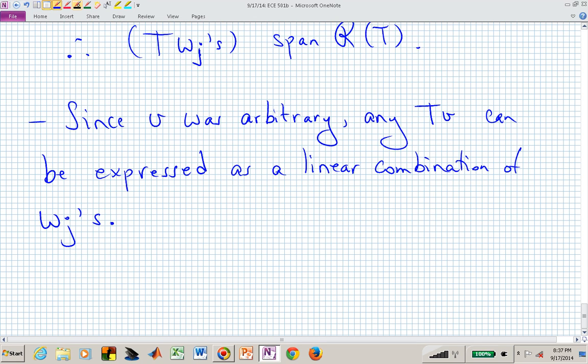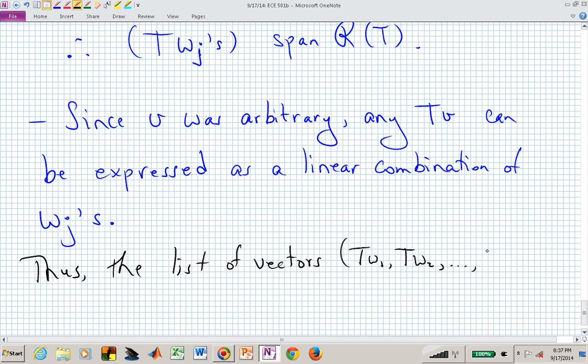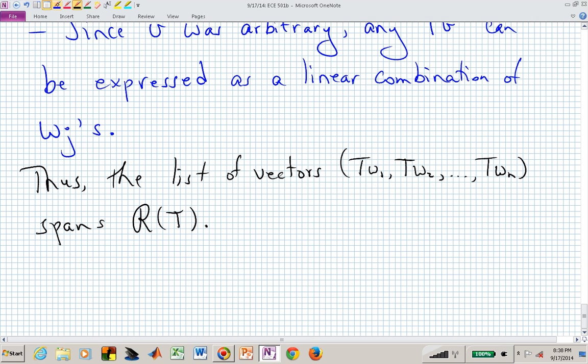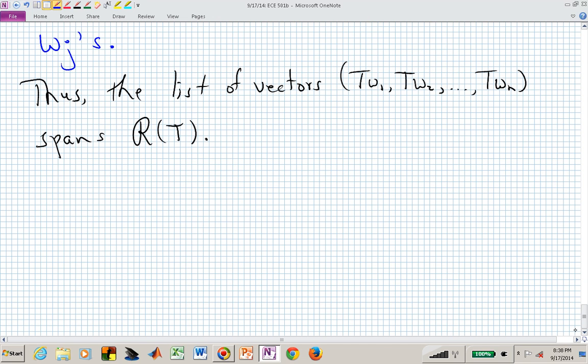And that now allows us to conclude that the list of vectors, let's say Tw1, Tw2 up to Tw sub n, that list of vectors spans the range of T. And that's what we wanted to be able to show, that we could now find some vectors that span the range of T, and to complete the proof,